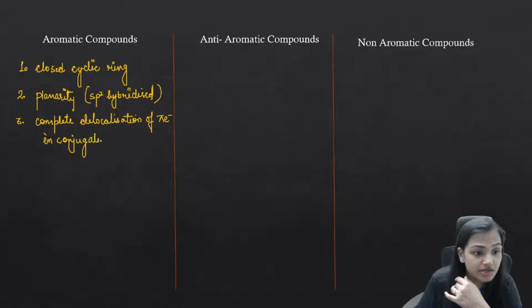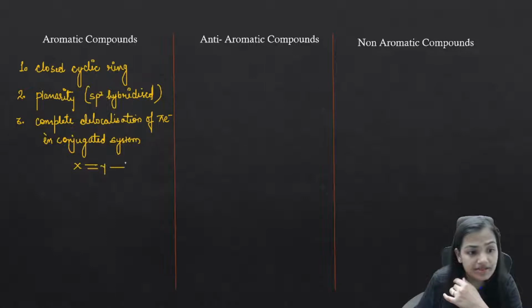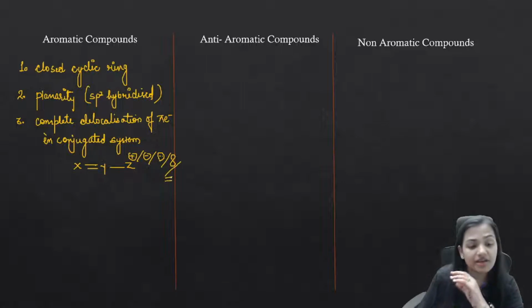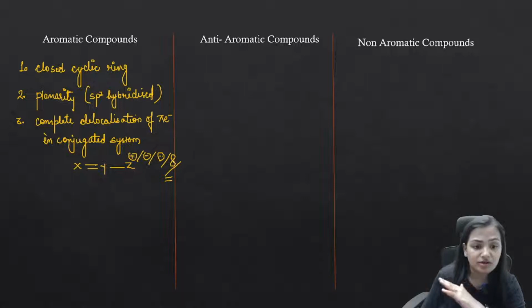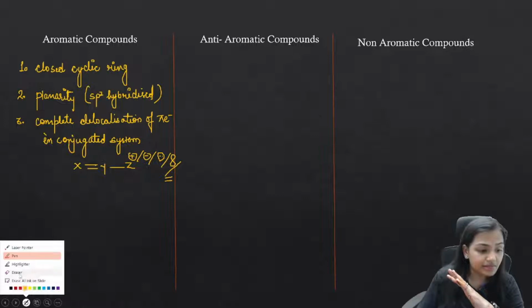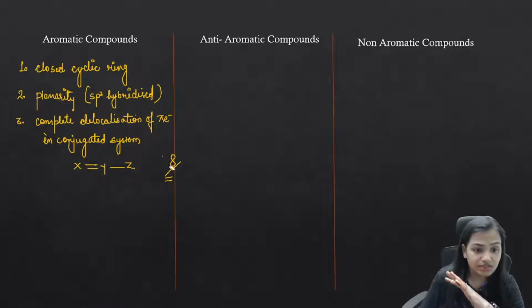What type of conjugated system could we have? Let me give you an example. Whenever we have X double bond Y single bond Z, over the Z, if we have a positive charge or a negative charge or a lone pair or any vacant orbital, or a pi bond, any of such conditions. So out of all these 5 conditions, positive charge, negative charge, lone pair, vacant orbital or pi bond, we have a conjugated system. Over the Z we could have